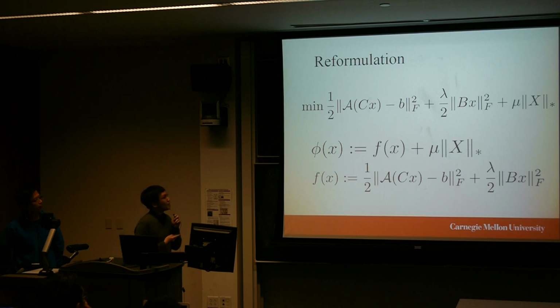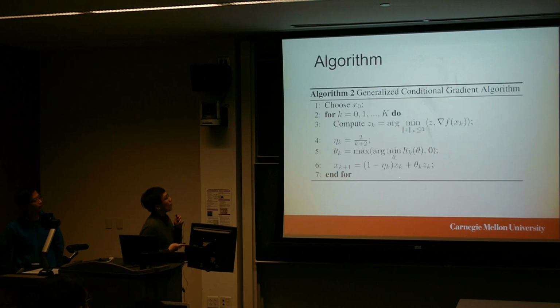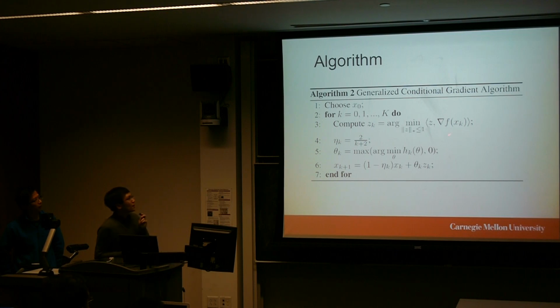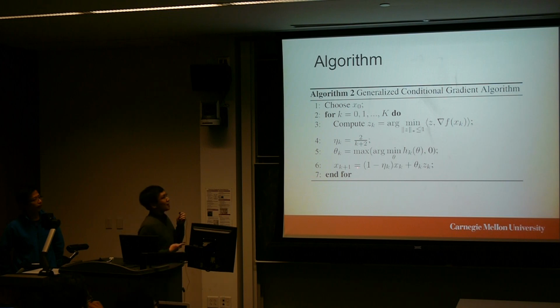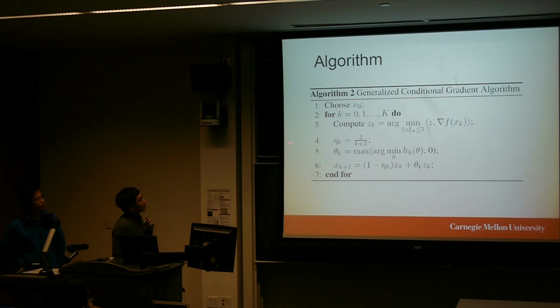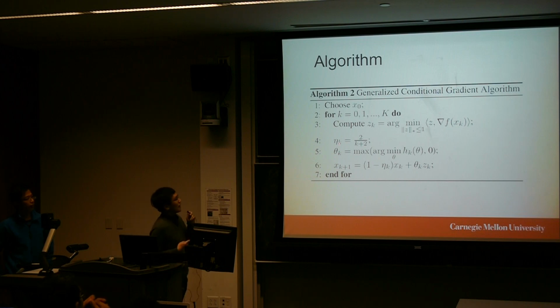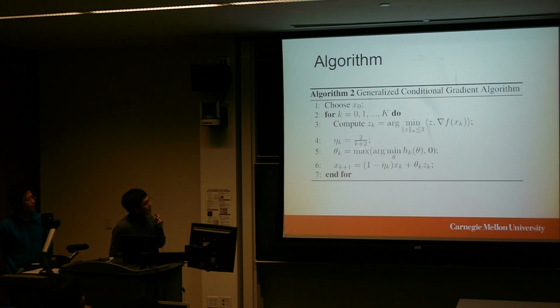Now we are ready to present our algorithm, which is called the generalized conditional gradient algorithm, or the Frank-Wolfe algorithm. It is adapted from Yaoliang's paper in NIPS 2012, and it's quite simple. For each step, we find a direction which is similar to the Frank-Wolfe algorithm, and the step size is eta k, which is 2 over k plus 2. And then we do